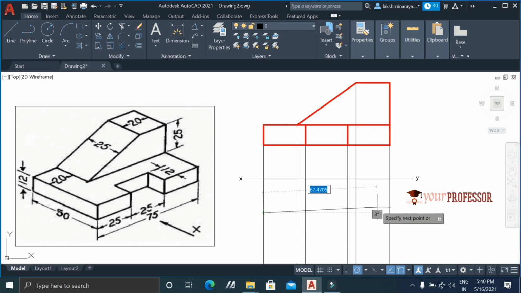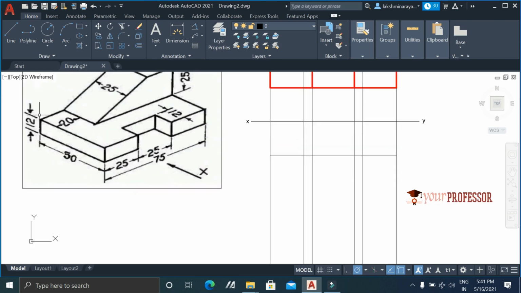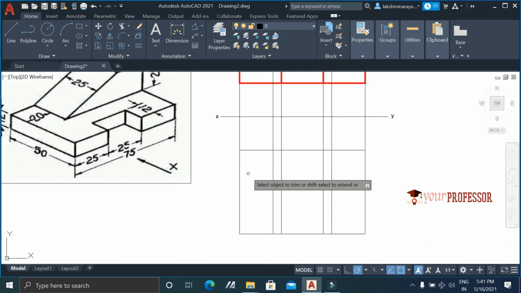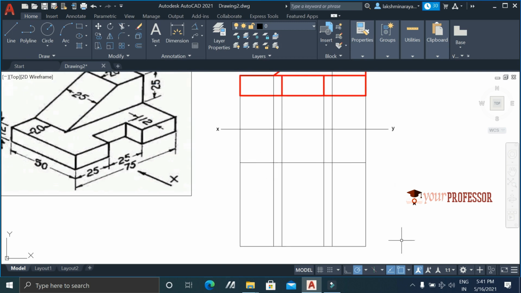First I'm going to draw a line whose length is equal to 75 mm. We know that the width is 50 mm, right? So from this line, we need to draw another horizontal line which is at a distance of 50 mm. So let's draw that line 50 mm from this point to this point. These are unnecessary, so let's erase these. This is the top view of the rectangle.